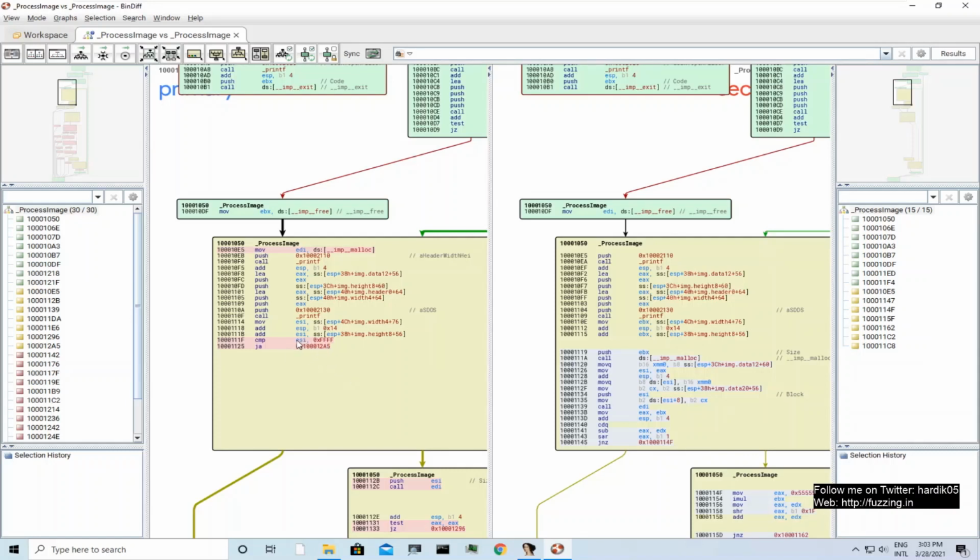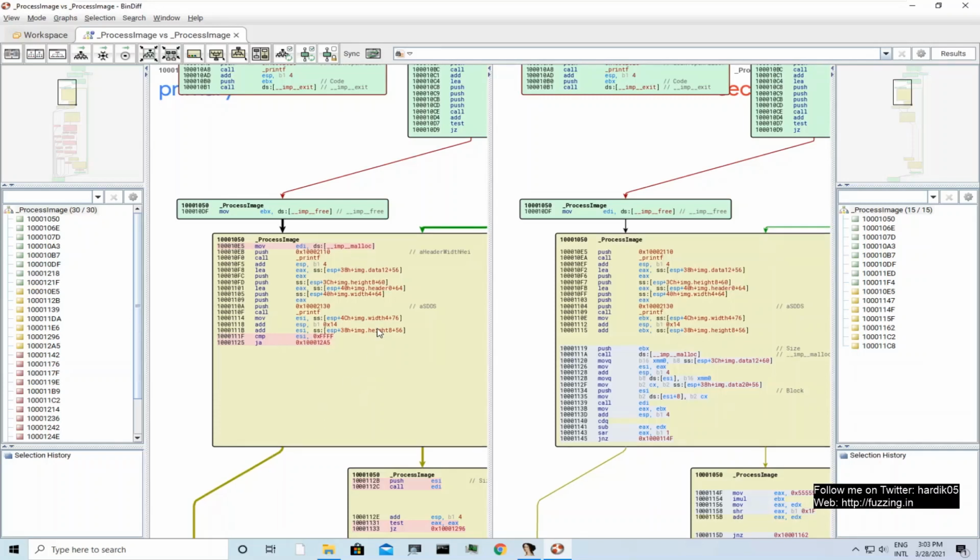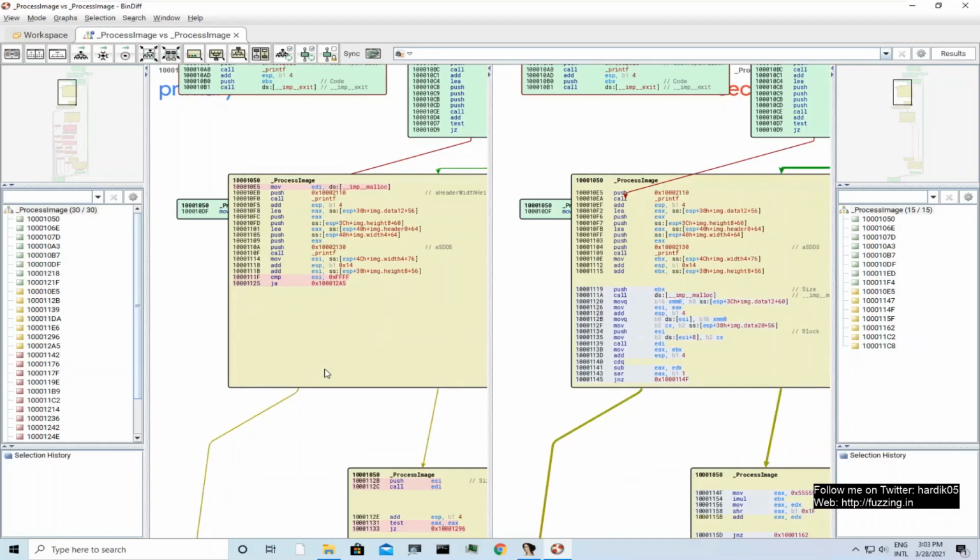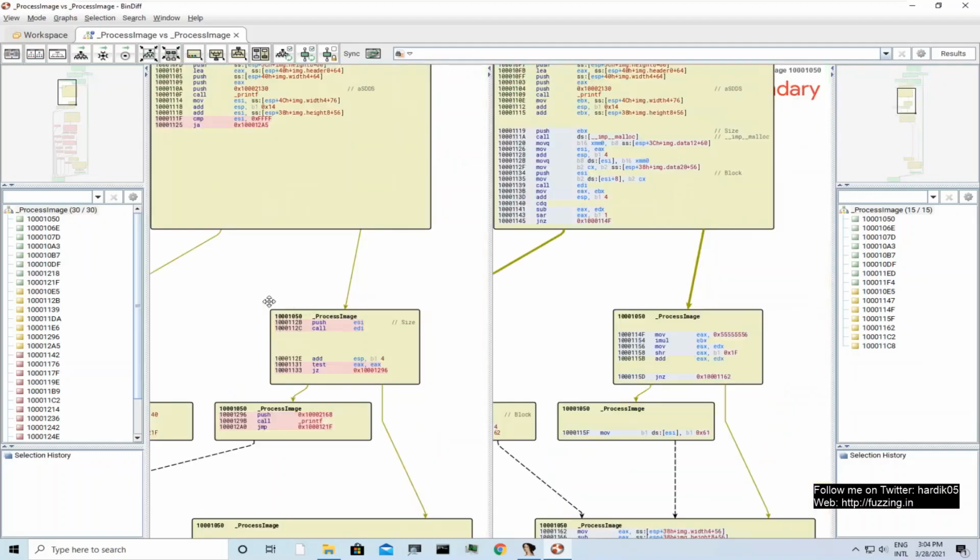If the value is more than FFFF, it goes to another location, and that location simply prints a message that we don't have enough space, or the size is too large, and it will abort. But if the size is below FFFF, it will move forward, as you can see over here.